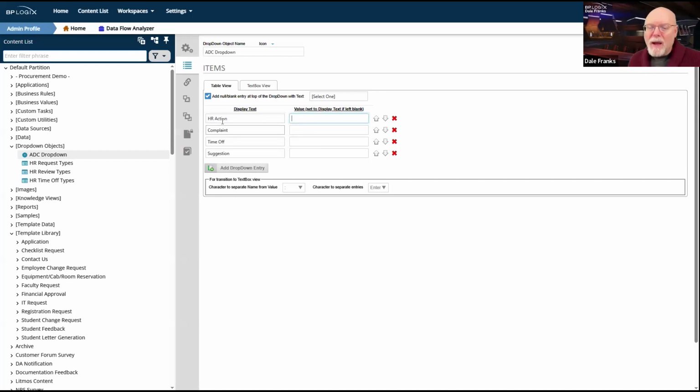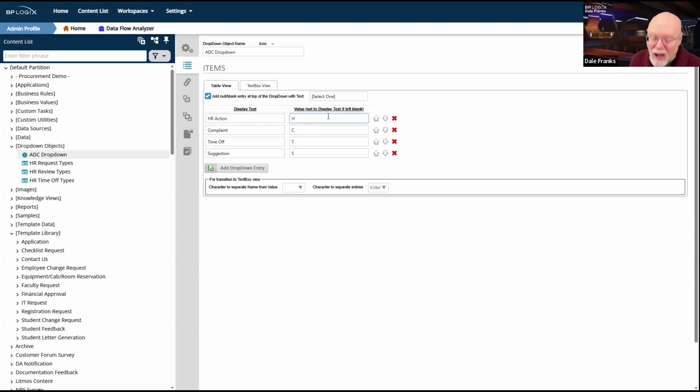So to make my life simpler here, I am just going to have H for HR actions, C for complaint, T for time off, and S for suggestions. So I will know what type of request I have based on that value.